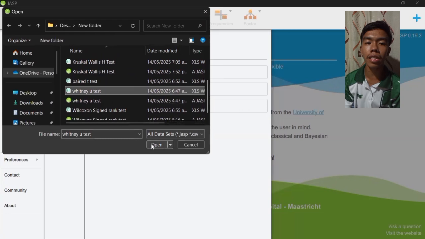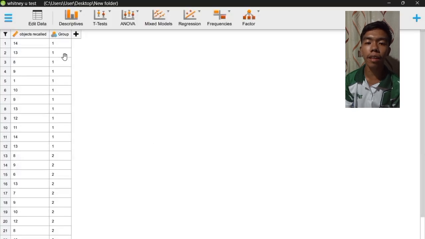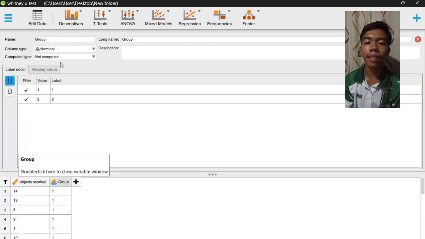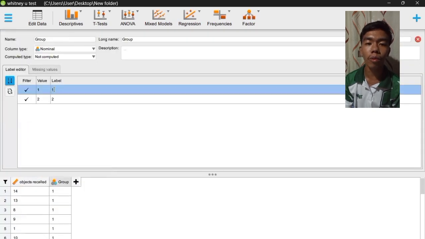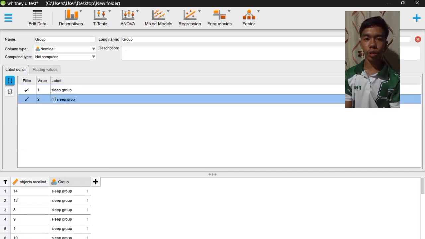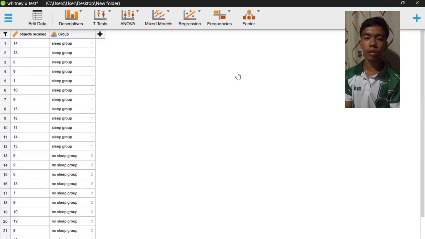But here in JASP, we can rewrite the value of our labels with the corresponding label. Again, group 1 is the sleep group, while group 2 is the no sleep group. Now, we are tasked to use the Mann-Whitney U-test using JASP software to solve this problem. There you have it.